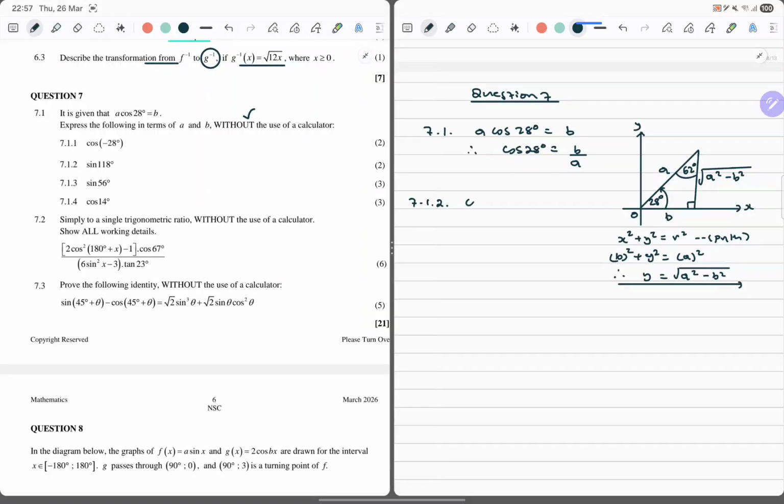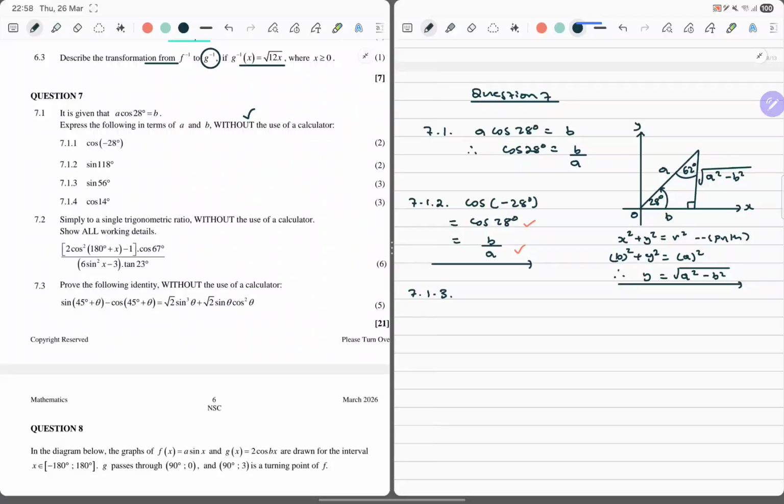Now we need to deal with cos of minus 28 degrees. This is the same as cos 28 degrees, which is going to be b over a. Easy. So the reduction and the answer. Right,